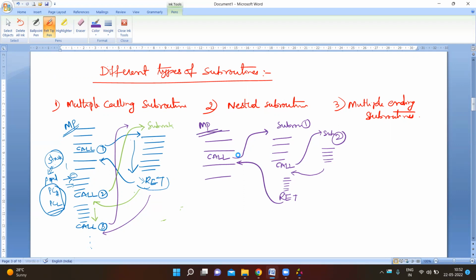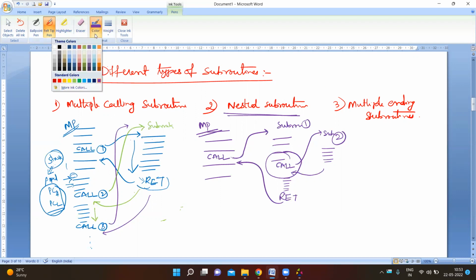So here we called a subroutine. Inside a subroutine, another call instruction is there. This kind of technique is called nested subroutines: a subroutine with another subroutine inside it. This is the subroutine concept. And the last one is multiple ending subroutines. In multiple ending subroutines, what happens is